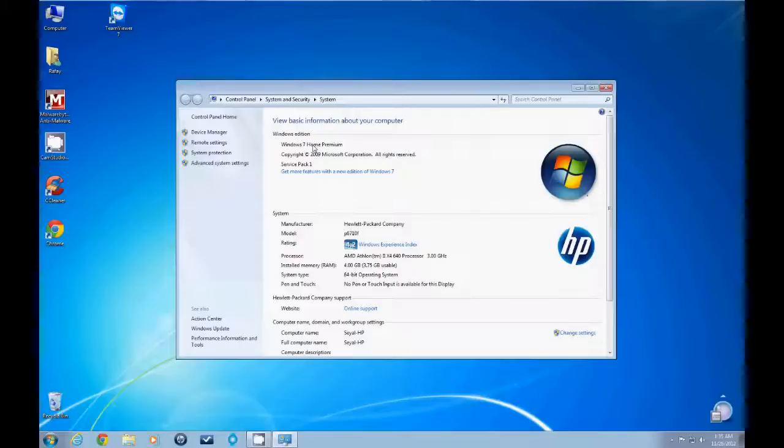So this is a Windows 7, and another important piece of information to find out while you're here is whether you have a 64-bit or 32-bit operating system. So take a look at that and keep that in mind for future reference. Alright,